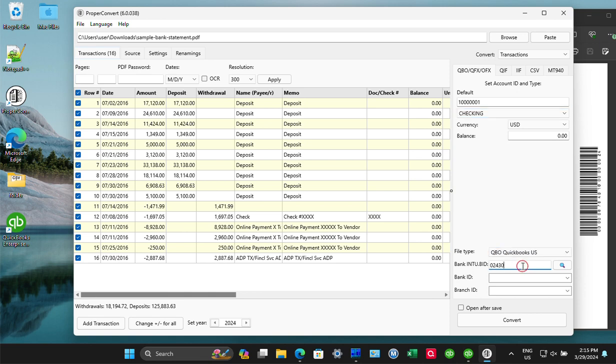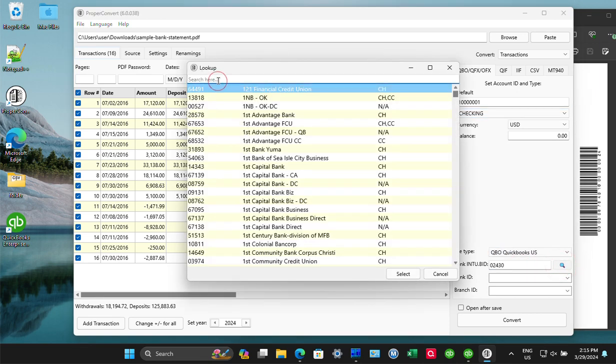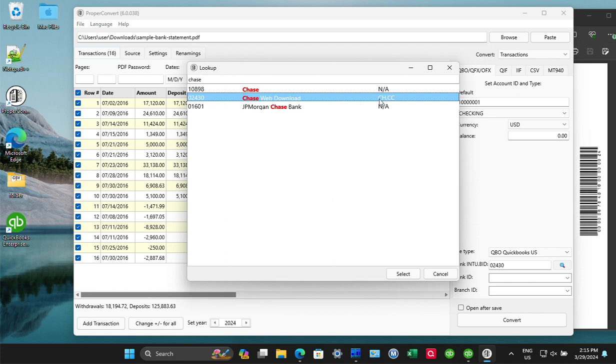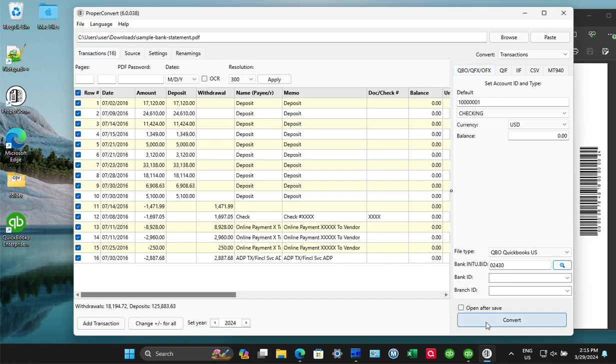QuickBooks US. Now we need to find our bank label, or bit value for our bank label. We're gonna type Chase, and this value that has CH and CC mark, that means it supports checking accounts and credit card accounts. So we select this value. We cannot select NA values, or we cannot select values that do not support our account types. In our case, checking account and CH are supported. So we select this, and then